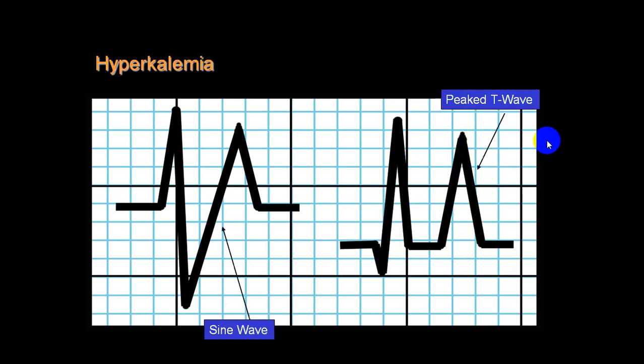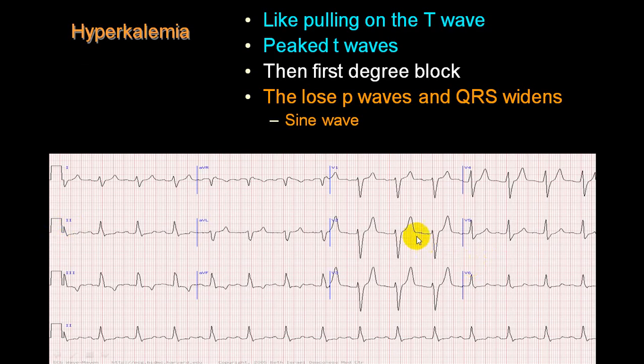This is classical hyperkalemia. So this is a peaked, symmetrical, tall T wave, while this is a sine wave, characteristic of hyperkalemia, and there is no P wave at all, so you can't have a PR interval. Same thing you can see here, almost the P wave is gone, broad QRS complex, tall T wave. So you will have a prolongation of the PR interval, then later on the P wave will disappear, and the T wave will merge with a wide QRS complex, and then will form a sine wave.